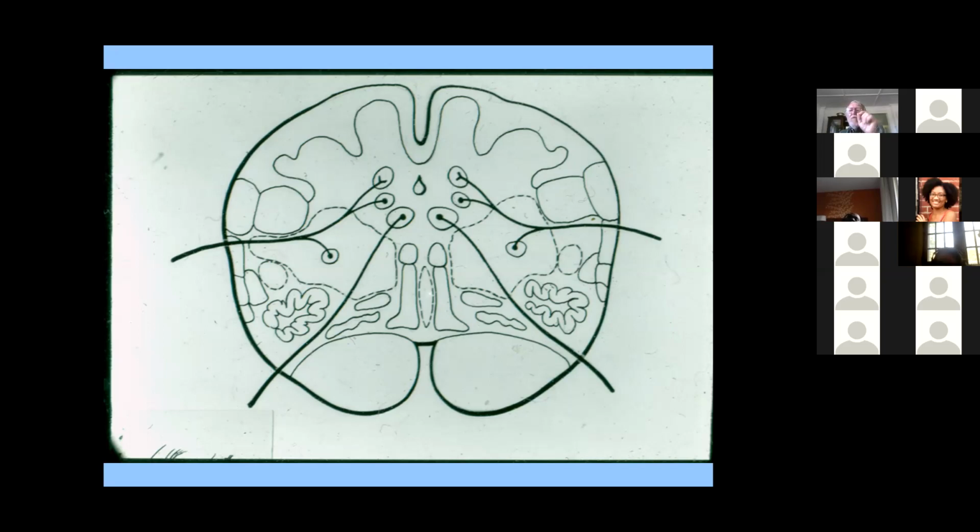And the raphe were one of the structures. What they basically did in the initial series of studies is use an anatomical process called